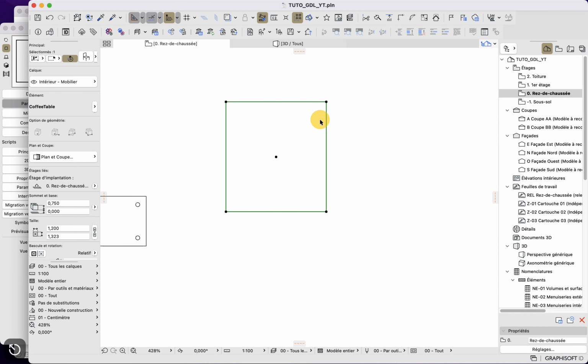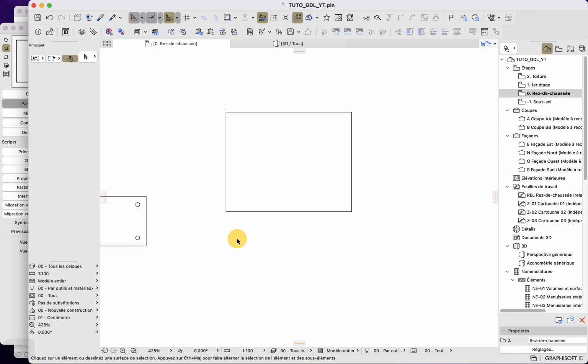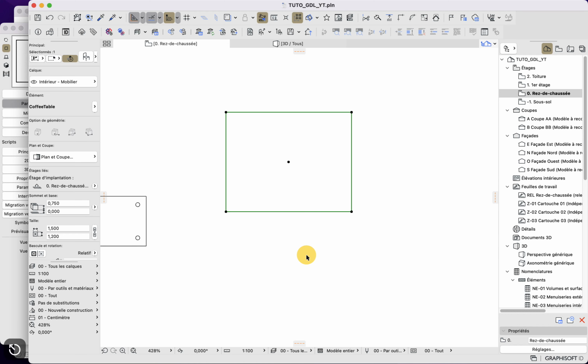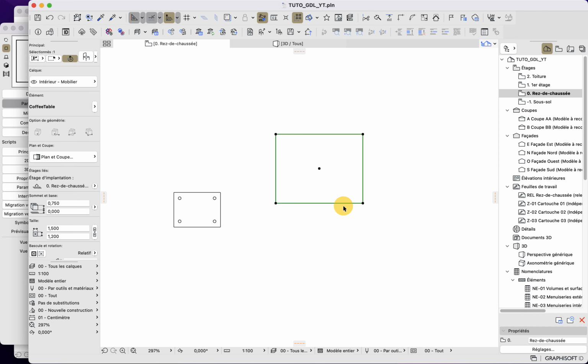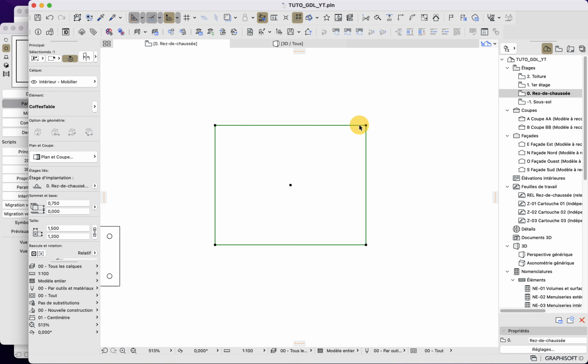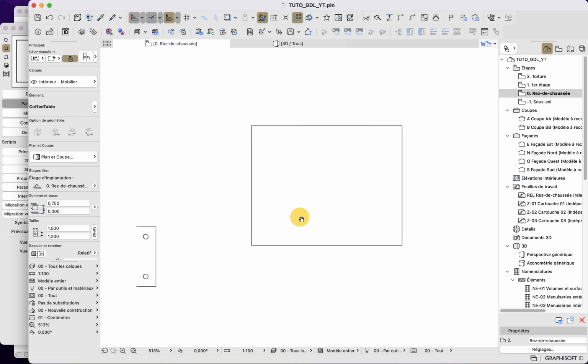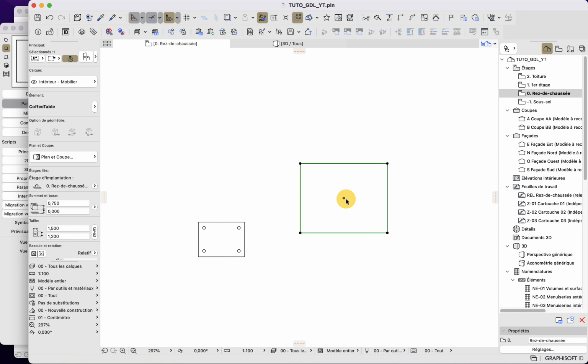Now you can see that when I select my geometry, I can resize it dynamically or enter the value that I want. Here you can see that I also have some hotspots, which are the black dots here that we will talk about a bit later in this video.